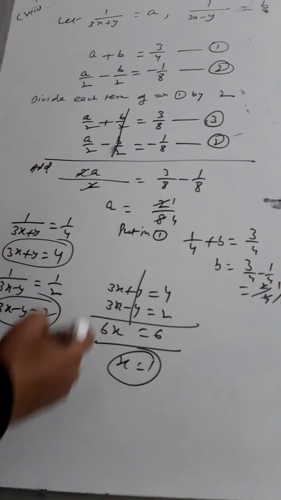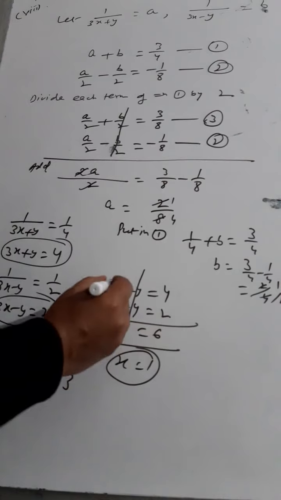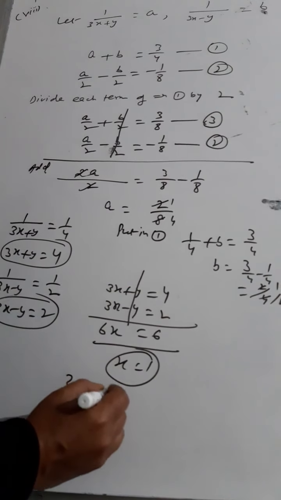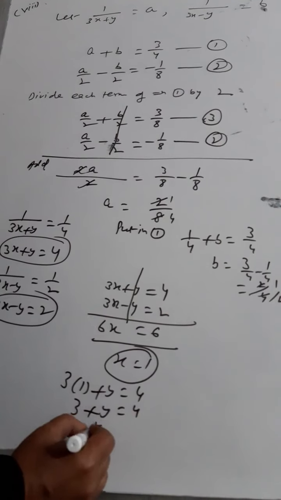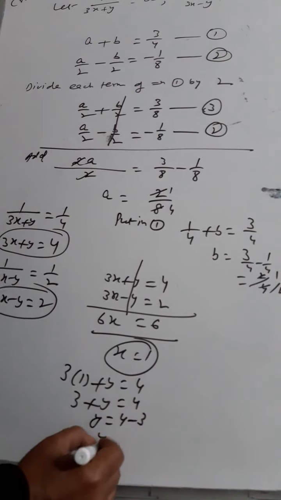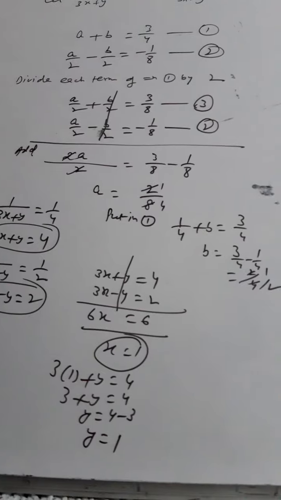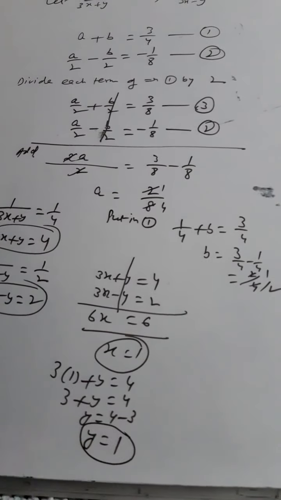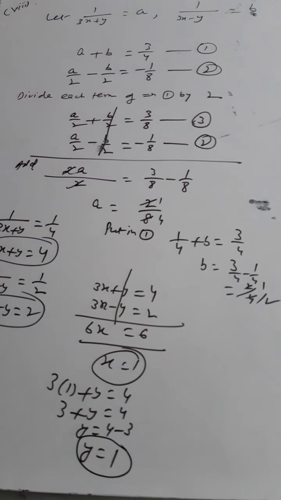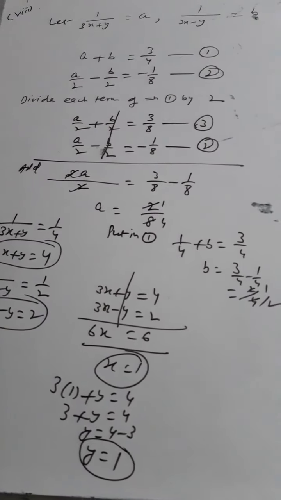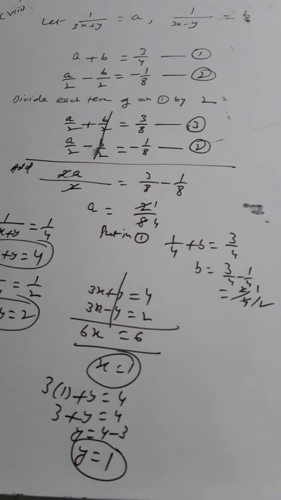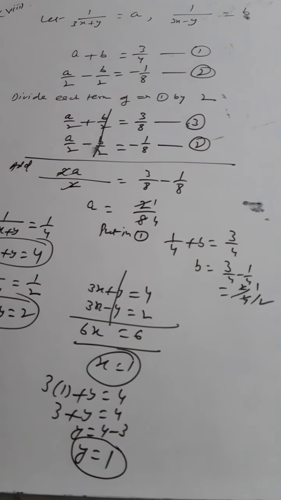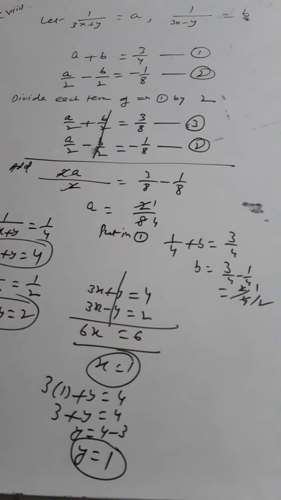Then you put x is equal to 1 here, like in this equation. So 3 into 1 plus y is equal to 4. 3 plus y is equal to 4. So what is y equal to? 4 minus 3, and y is equal to 1. So x is equal to 1 and y is equal to 1. But it is lengthier, 2 times you have to go for your elimination, or whatever the method you are applying from the calculation point of view. Easily you will be able to get the answer comfortably. I don't think there are any difficulties there.